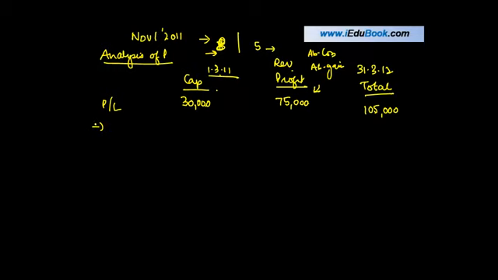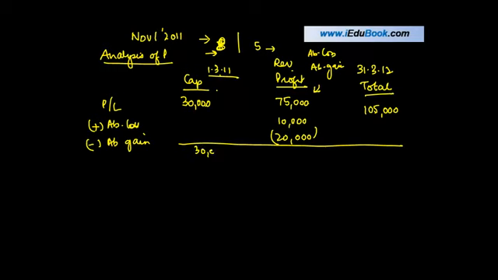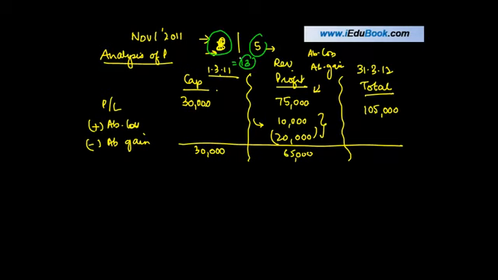So we will add the abnormal loss, we will reduce the abnormal gain. This is 20,000, this is 10,000, right? 30,000. The reason why I have done this, in case you want to have a look at it in detail, you can go to our previous questions where we have shown the treatment of abnormal gain and abnormal loss in detail. 65,000, right? Now this 65,000 is in respect of 8 plus 5, 13 months, out of which 8 is pre